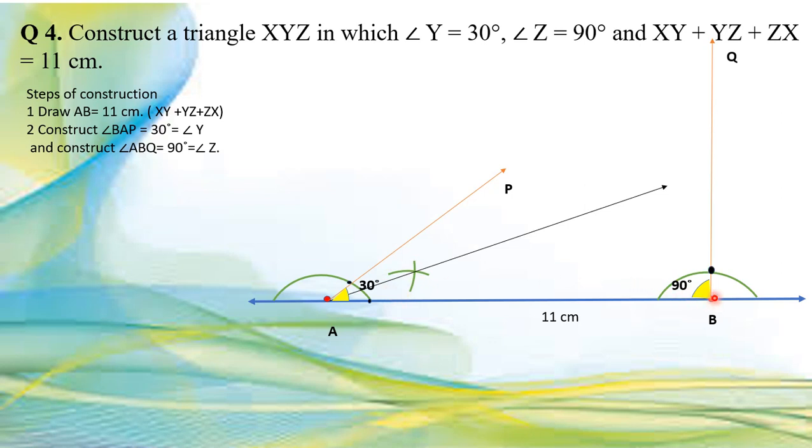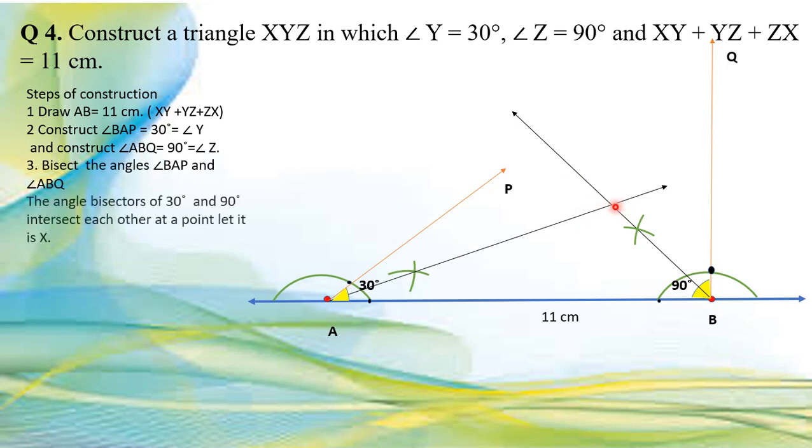Similarly, with this 90 degree angle, this perpendicular line and the semicircle intersect at this point, and from this point we open the compass and bisect the 90 degree angle. From both the end points of the arc we cut two arcs intersecting at a point, and this intersection point we join to B and extend it. Then we get the two intersecting arcs and this ray which bisects the 90 degree angle, and this ray from A is bisecting angle A.